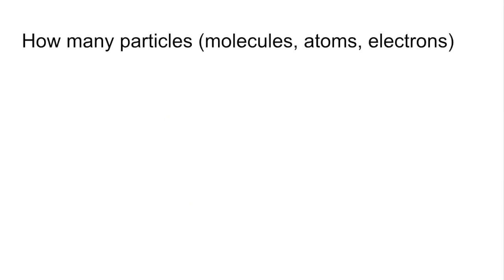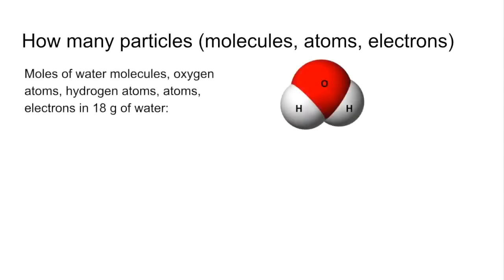So we'll move on to how to calculate how many particles we've got, and we're going to be looking at molecules, atoms and electrons in water. So in 18 grams of water, we're going to ultimately calculate how many of these things we've got. First thing we need to do is work out how many moles we've got. So how many moles of water molecules, oxygen atoms, hydrogen atoms, atoms in total, and electrons are there in 18 grams of water? Well, obviously 18 grams of water is a mole of water, so you'd have 1 mole of